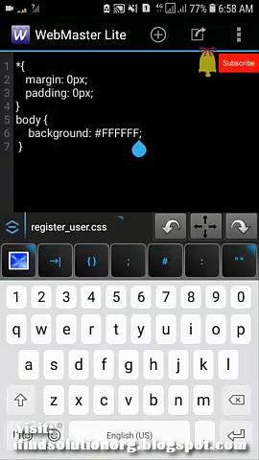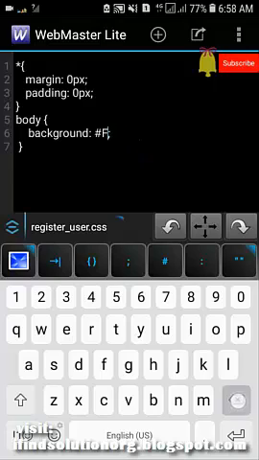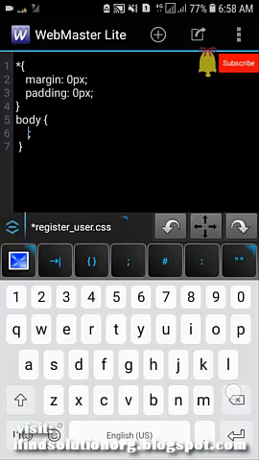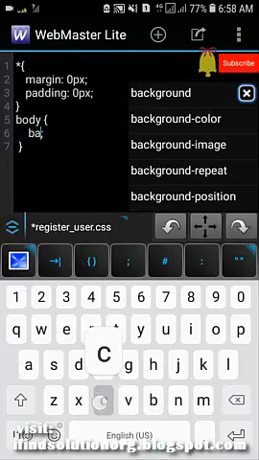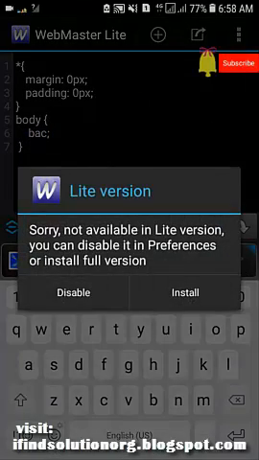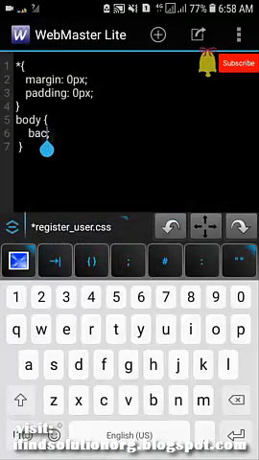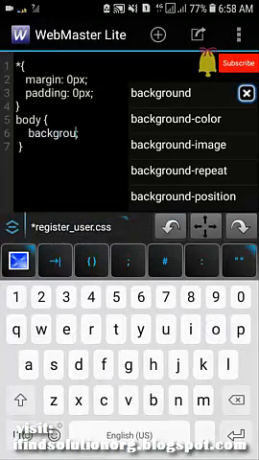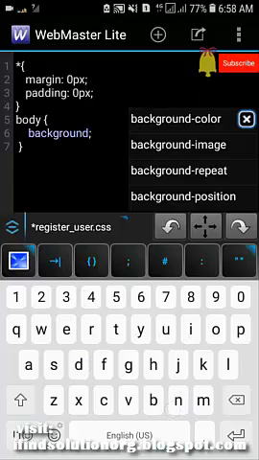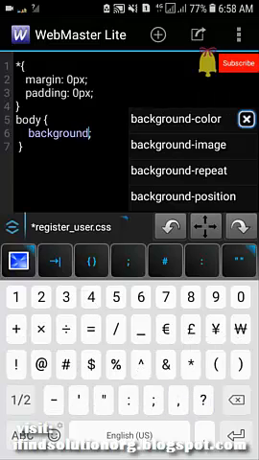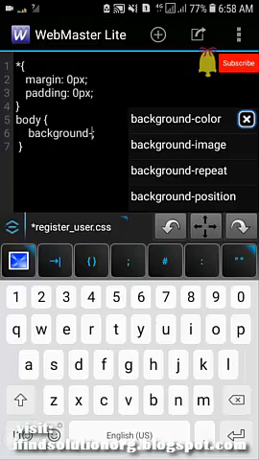If you want to change the background, for example you want to put some image in the body, we can just assign a background image, but we need to type it manually. Background image will be